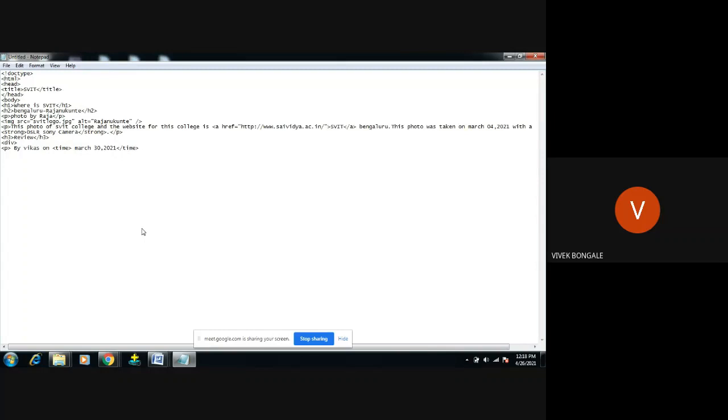What review has he given? You have to display it in the paragraph. One of the best colleges in Bangalore. He has given this review: one of the best colleges in Bangalore. Next, I want to close this.